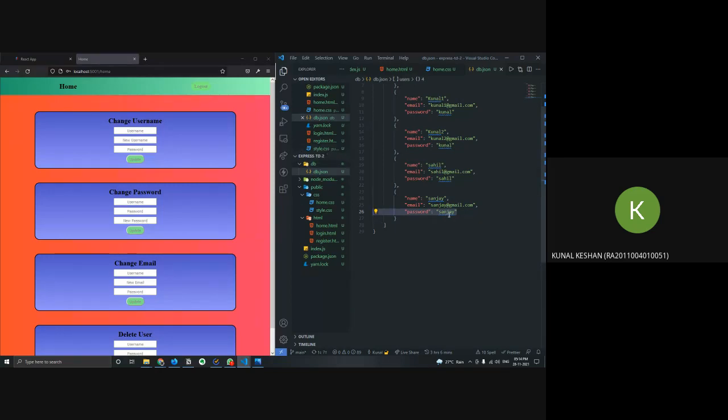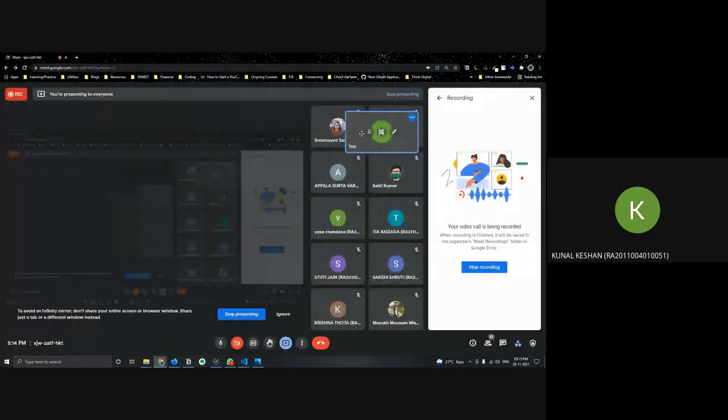Now, what is hashing basically? Hashing, you could say, is like a